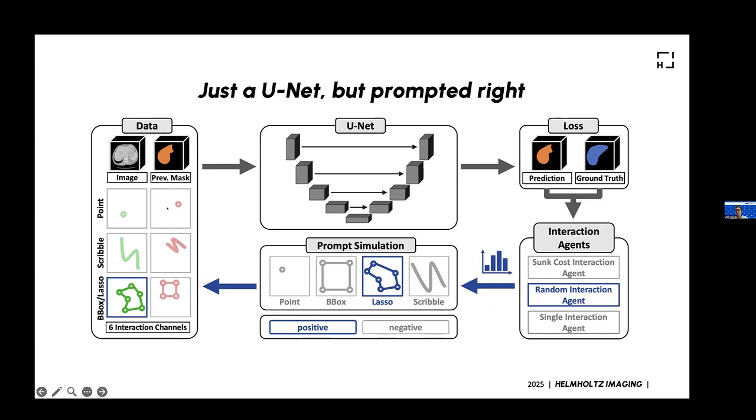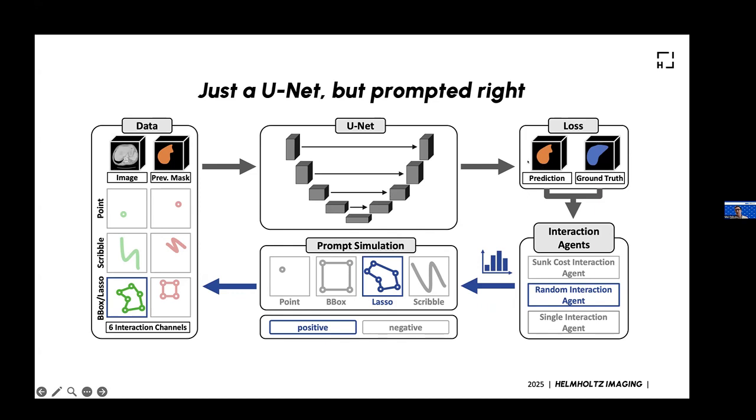Like, for example, points are encoded with the Euclidean distance transform, but you could do this with the geodesic distance, for example. I think Strafko has some strong opinions on that, as I heard. And you could basically play around with all of the features here. And what we then do is, if you have a single interaction in the beginning, let's say a lasso or a box here, which, by the way, share the same channel, you put it in the U-Net,